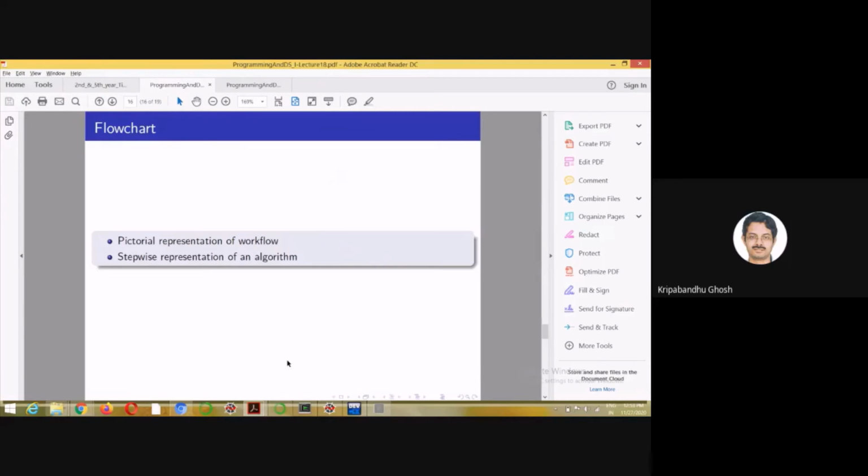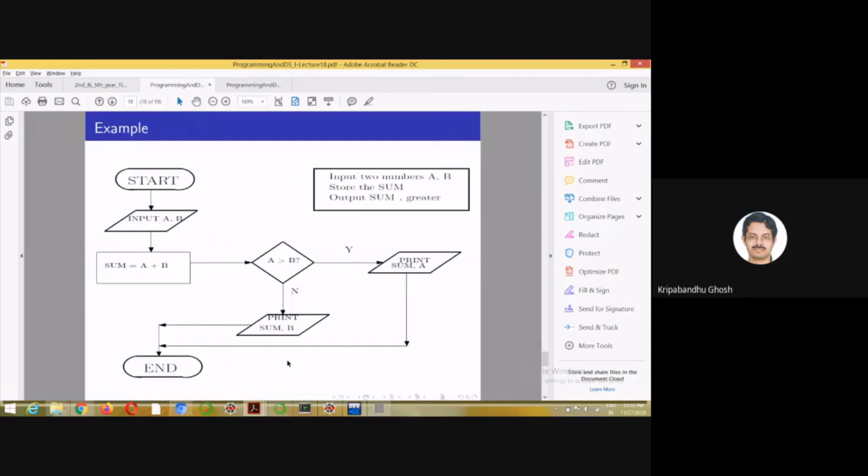It is popularly used to show a stepwise representation of an algorithm. But it is mostly used at school levels, or for academic purposes.